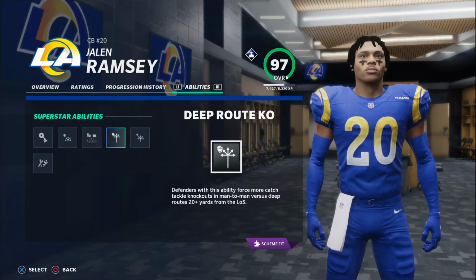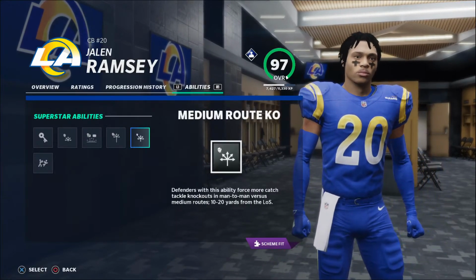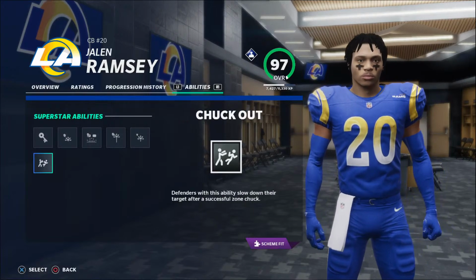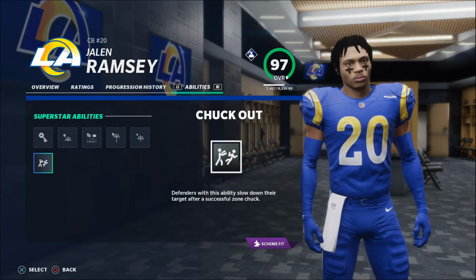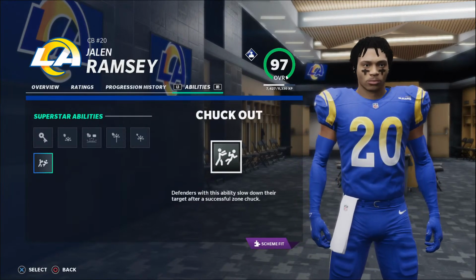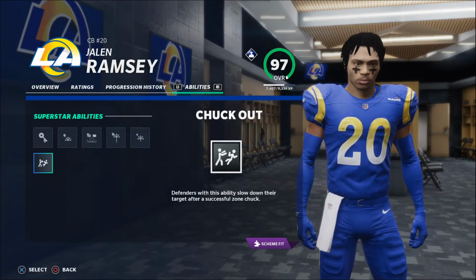I think that's really nice to have. And then again, there's more route knockouts, like deep route knockout, medium route knockout, depending on what you're asking your guys to do. The zone chuck ability is one that I've actually seen people use quite effectively in franchise mode,